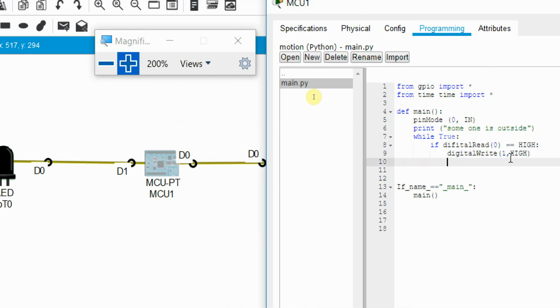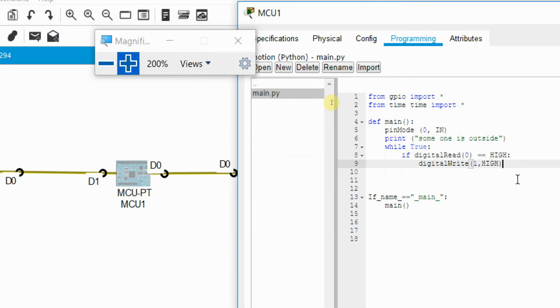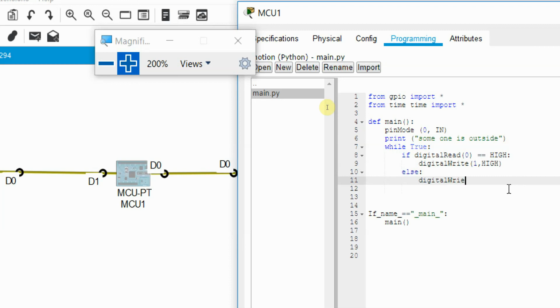If digital read of pin number 0 is high, then digital write should also be high. Else, digital write, make it low.